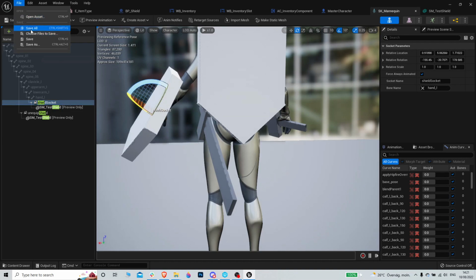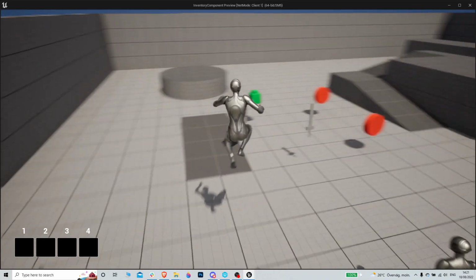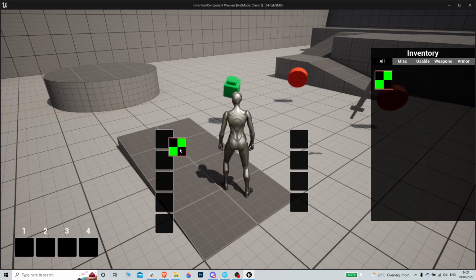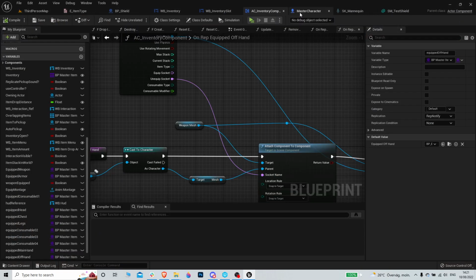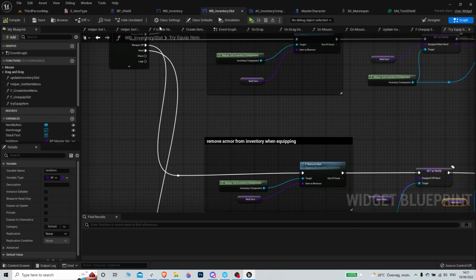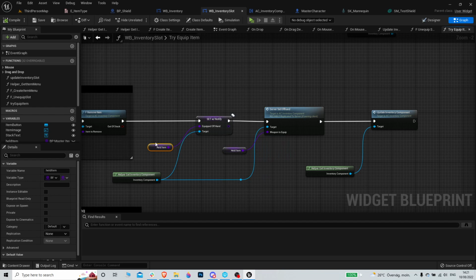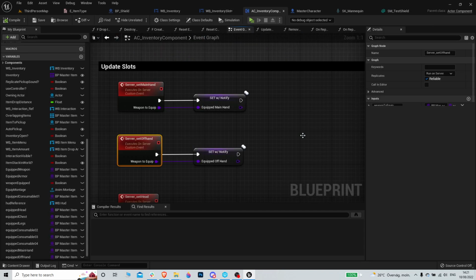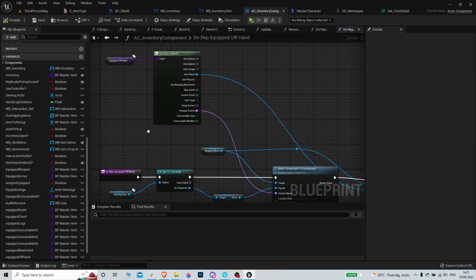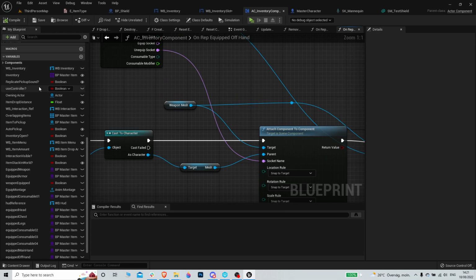And it should now equip on the back, I guess. It does not. Let's figure out why. We go here, set equipped offhand, call the server one. Because we're setting the weapon mesh, we need to set the